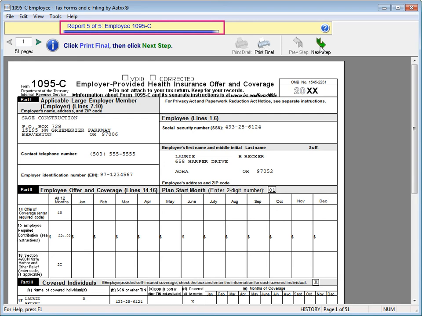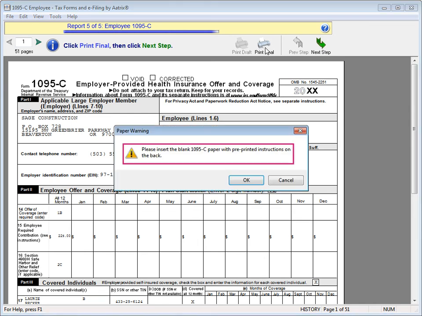Report 5 is the Employee 1095-C forms. These are the copies of the 1095-C that need to be distributed to the employees. When you are ready to print the forms, click Print Final. And notice that the paper warning that appears for this report has changed. The copies that are distributed to employees must meet certain requirements, and therefore we recommend you use specialized forms for